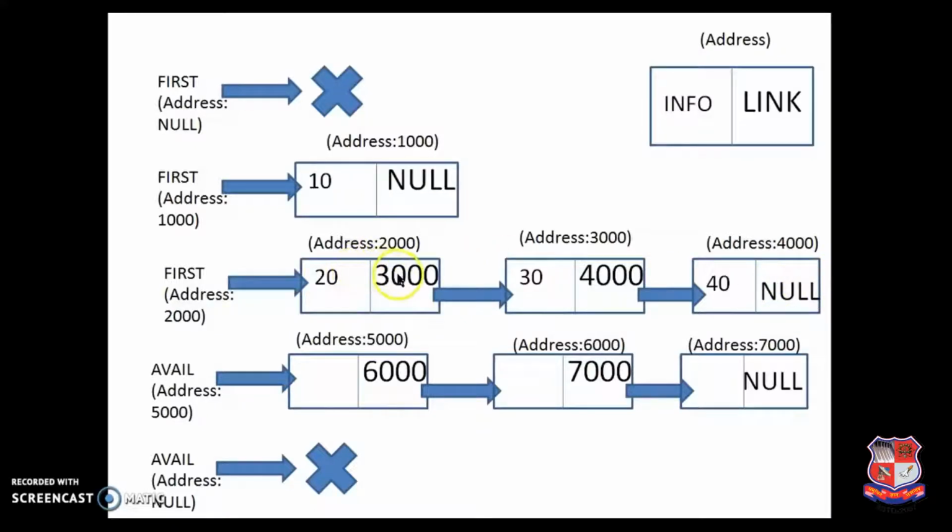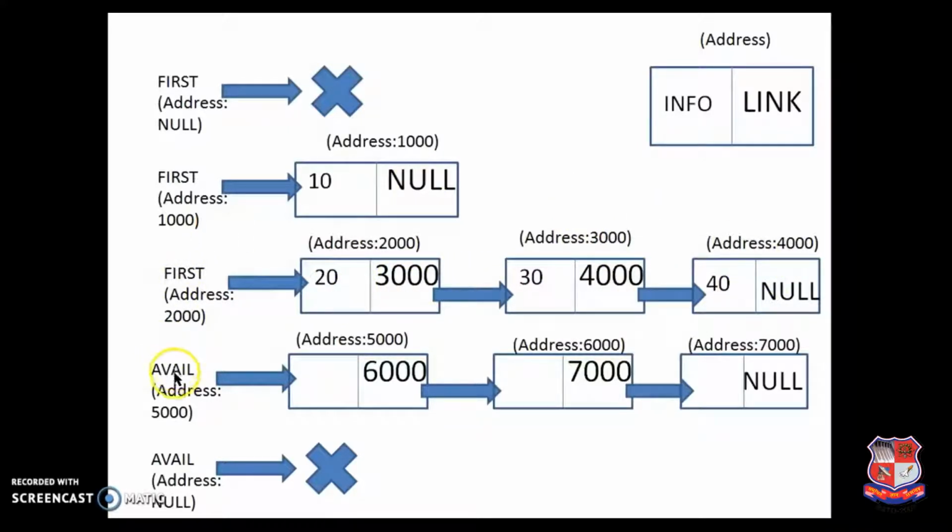As you can see, they are pointing to the address, so it need not be sequential. It could be in any order, like here there could be 5000 or 200 or any address. So this is logical arrangement. This is not the actual physical arrangement, but for simplicity purpose I had kept it in this sequence where you can match the address and get a clear idea of this list.